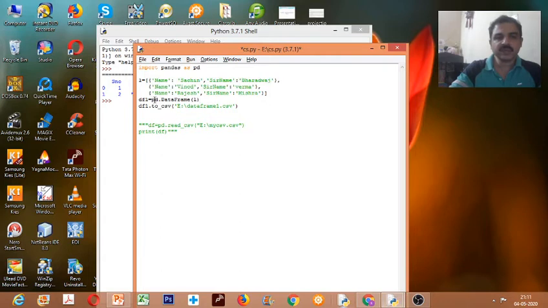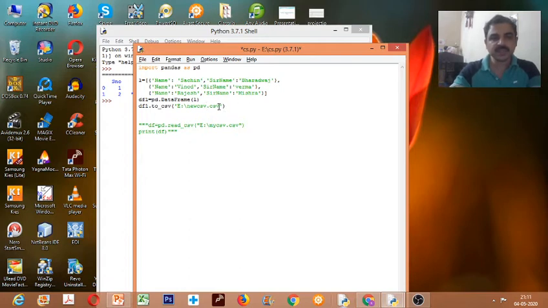So if I create a data frame from this list, it will be in tabular form, right? So I have a data frame now created. However, I want to convert it into a CSV file. So what I should do is the data frame dot to CSV function, then specify the path where you want to save it, then also the file name. So we'll save, for example, as new CSV dot CSV.